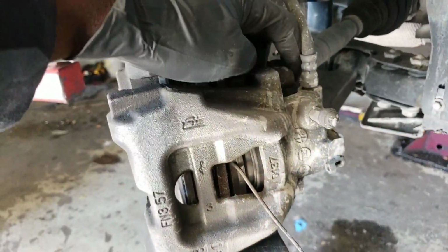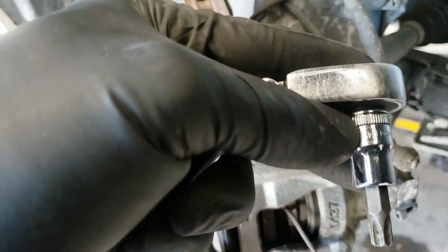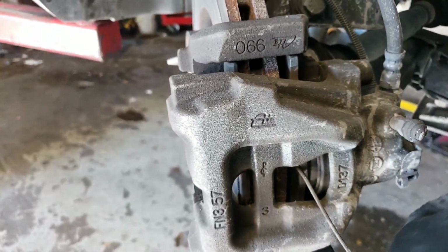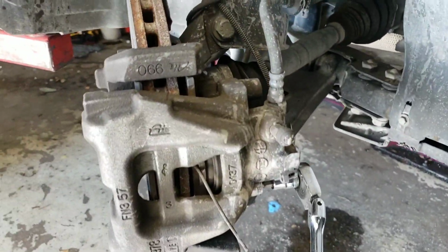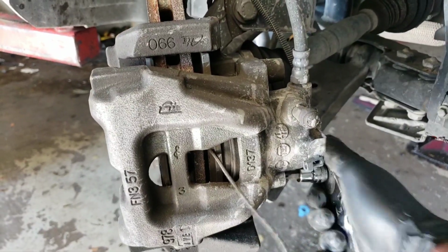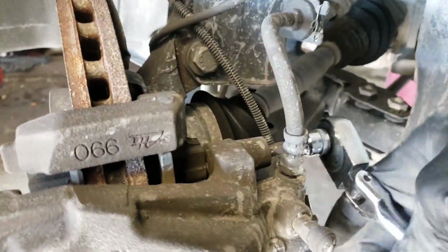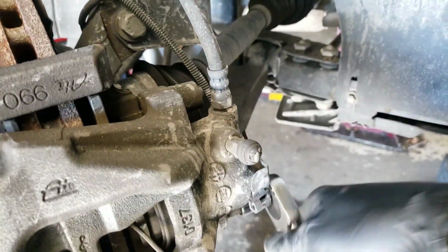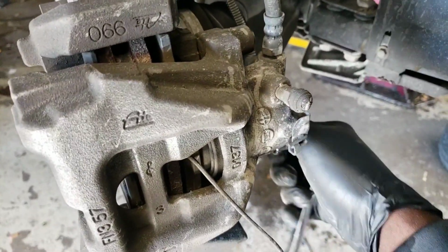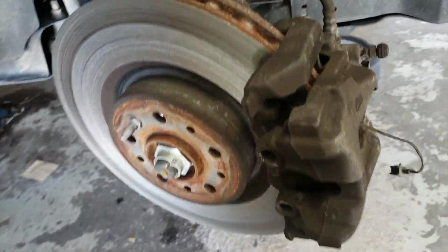Alright, so now it's time to get your Allen key. I was looking for an Allen key to fit it, which I didn't find any, but a T50 or T45 Torx will do the job just fine. You got it in there, got it loose, got it at the top, got it loose also. Alright, so this is what it looked like. Took off from here. Now it's time to take off